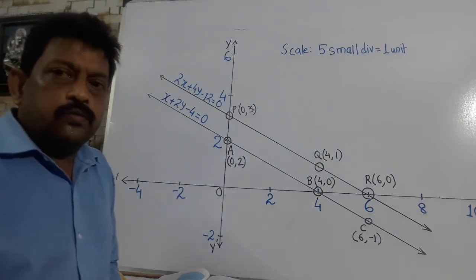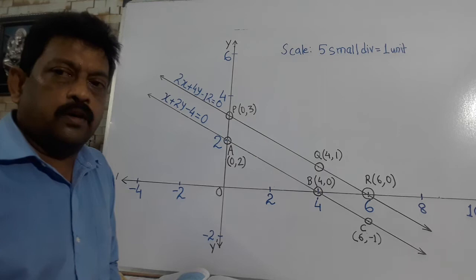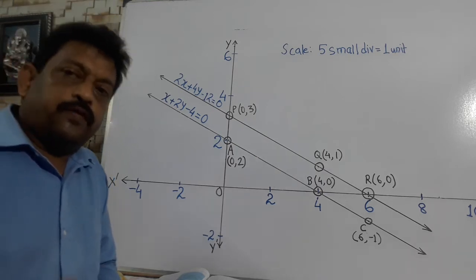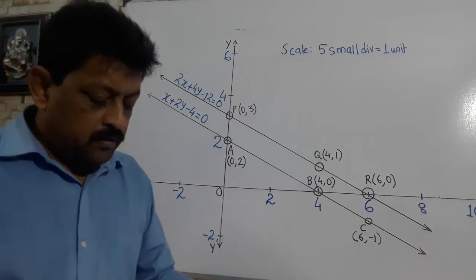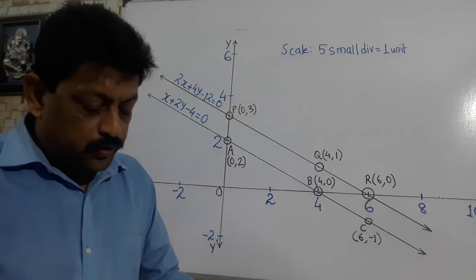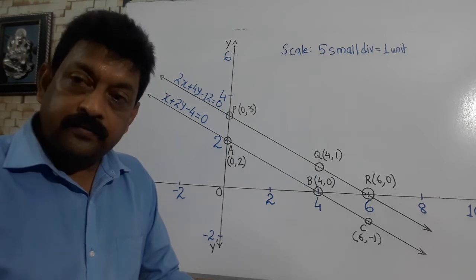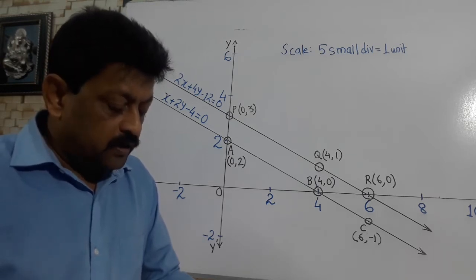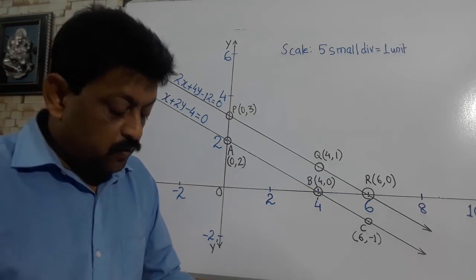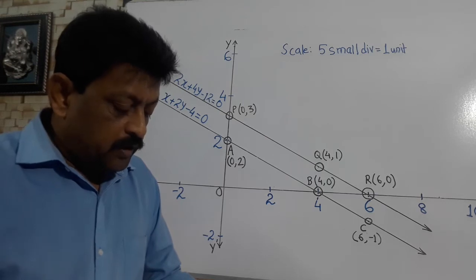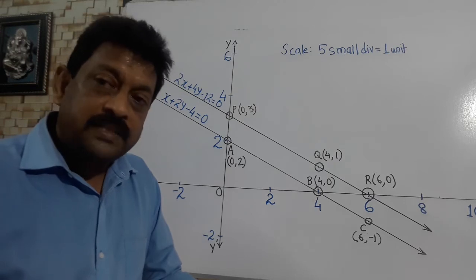So next I am going to show you a coincident line, how to represent a coincident line on the graph paper. First of all, let me tell you a situation. Ramesh went to a stationery shop and purchased 2 pencils and 3 erasers for ₹9. His friend Sohan saw the new variety of pencils and erasers with Ramesh, and he also bought 4 pencils and 6 erasers of the same kind for ₹18.